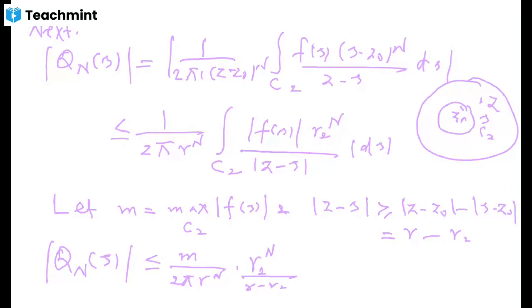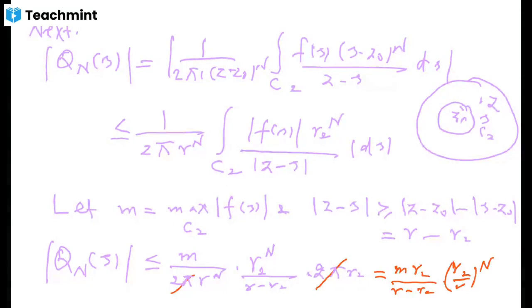the integral of mod of d zeta over c2, which is the perimeter, or the length of the circle. It is 2 pi r'. Now I will write the expressions only. You will have this number cancelled with 2 pi r, and now you will be left with m times r2 to the power n plus 1, but let me keep r to the power separate here,